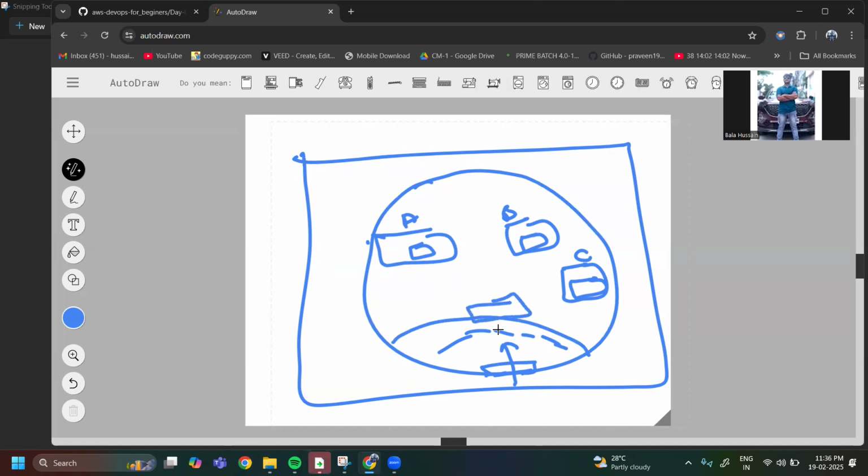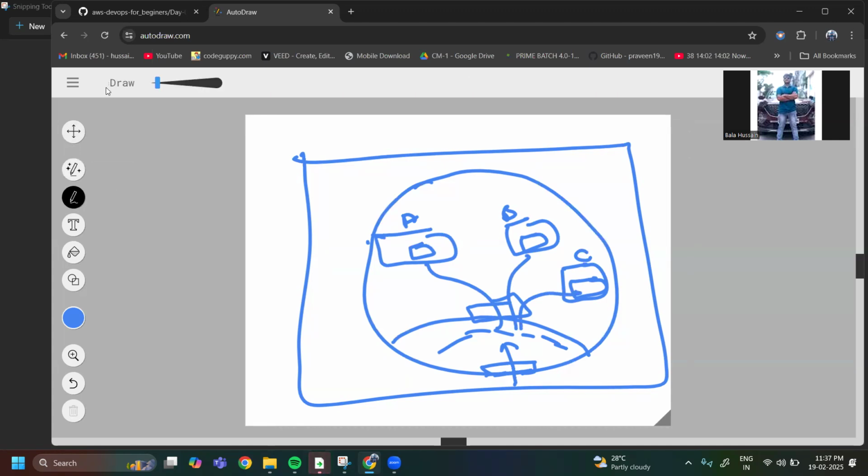For example, if I want to reach the A application or B application or C application, there is a route table here. Using this route table, we can configure the target path.